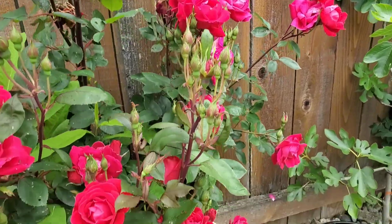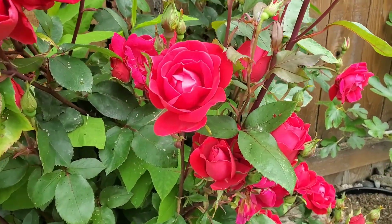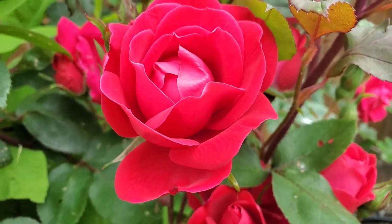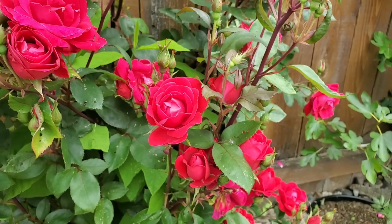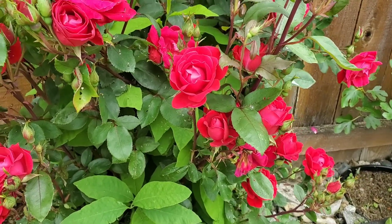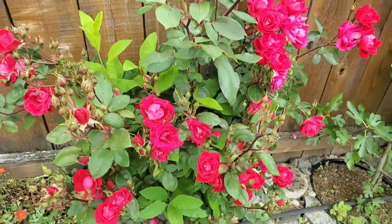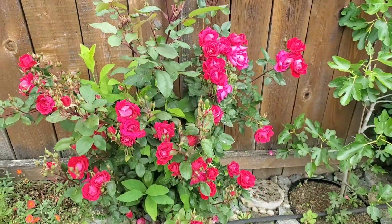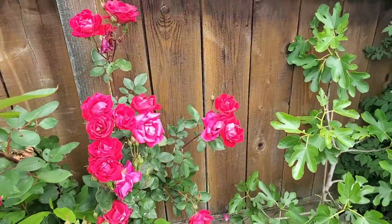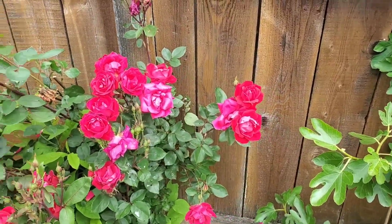But this rose is absolutely stunning. Just look at those petals. So gorgeous and so vibrant. Typically, it is very resistant to black spot and any other pests, including aphids. It doesn't often get anything like that. It's just a superstar, and it blooms